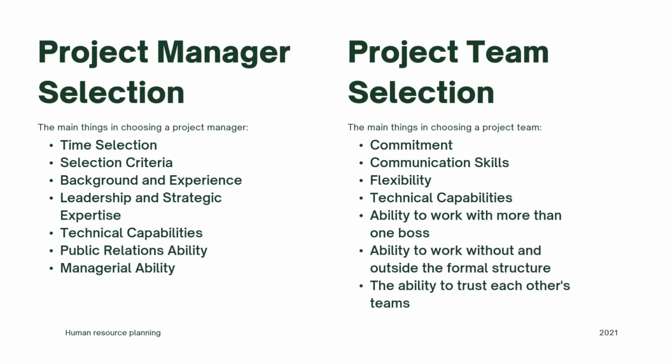And then how can you select your project team? There are main things in choosing a project team here. First is commitment. As you know, when we're talking about a project, the period of the project is not that long, not long term. Sometimes it's only short term, like 6 months tops, or only 3 months tops. But whether it's long term or short term, the commitment from the team is a must, because we need them to run the project, right?